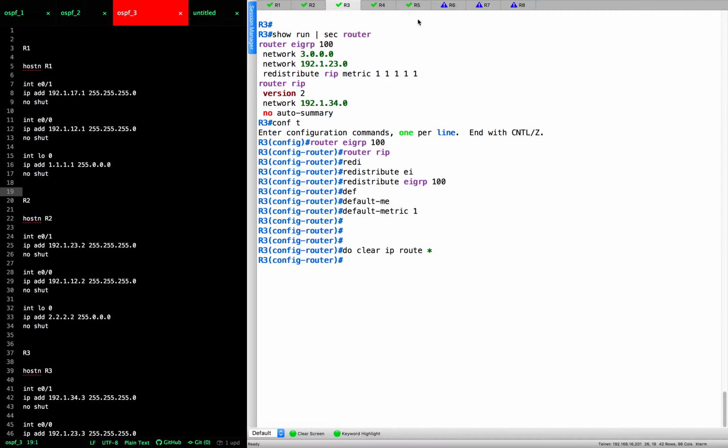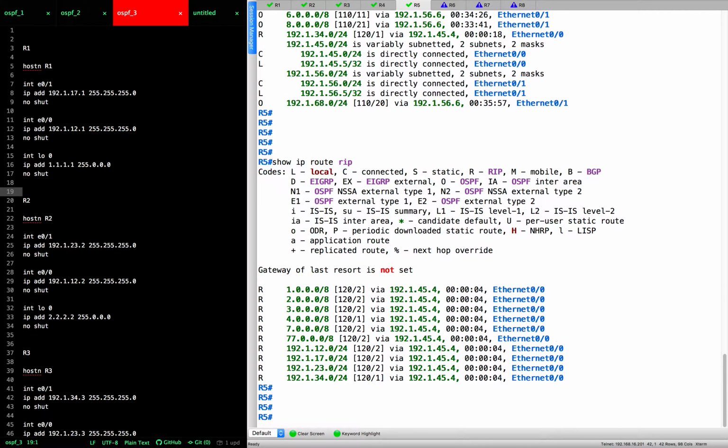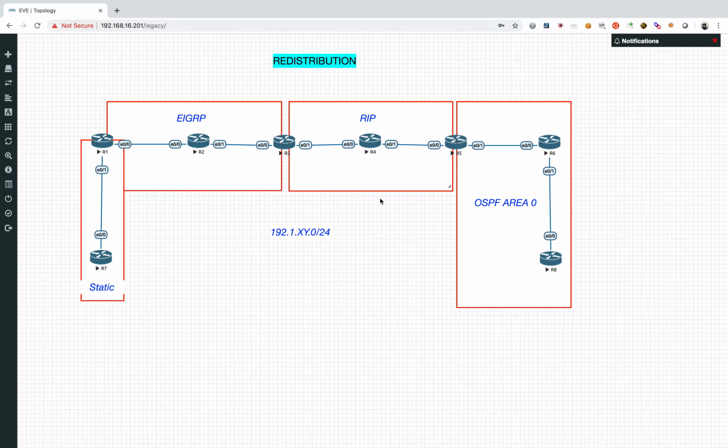Let's see that. Let's go to R5 and let's say show ip route rip. You can see here the 1, 2 and all of that from my EIGRP are learned over here, right? So they got redistributed successfully. So this is done. The last part, we have to redistribute RIP into OSPF and vice versa,